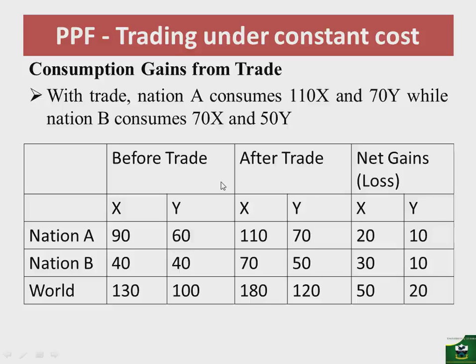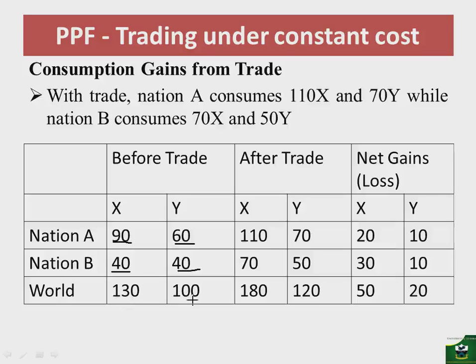For nation A, remember that before trade, the nation was consuming 90 because domestic production was equal to domestic consumption. So before trade, nation A was consuming 90 of X and 60 of Y, while nation B was consuming 40 of X and 40 of Y. If we sum up the X consumption and the Y consumption independently, we will have